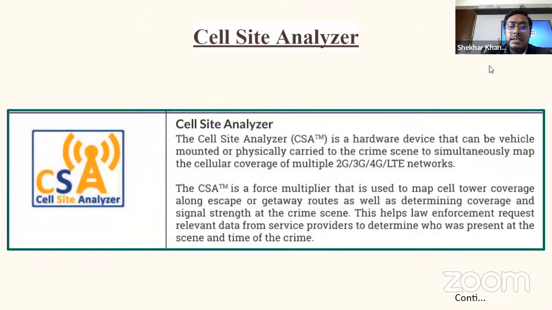CSA basically cell site analyzer is a tool which is a hardware cum software tool and it is used for collecting the cell IDs, the cell tower dumps of any area, cell tower IDs of any area, like any incident spot or a route. जब भी कोई क्राइम होता है तो वहां पर सबसे पहले जो हमारी आईओ इन्वेस्टिगेशन ऑफिसर होता है, जैसे मान लीजिए कोई मर्डर हुआ है या कुछ रॉबरी हुई है किसी जगह पर, तो सबसे पहले हम वहां की सेल टावर आईडीज को कलेक्ट करते हैं ताकि हम ये देख पाए कि वहां पर कौन कौन से लोग थे उस समय जब क्राइम हुआ।